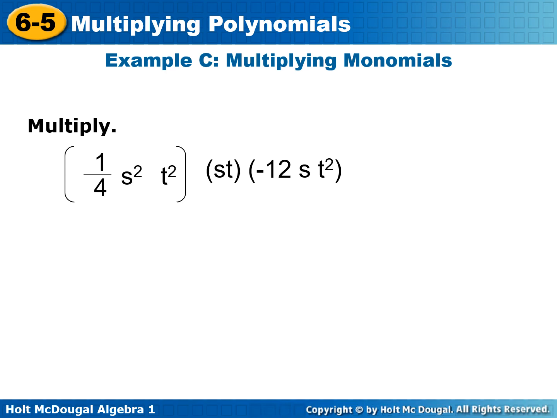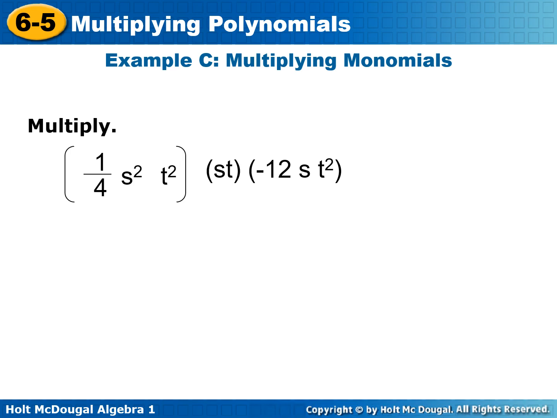Now let's proceed with our third example. We have here the quantity of 1/4 s squared t squared times the quantity of s t times the quantity of negative 12 s t squared. Now, in this example, it might look intimidating because of the fraction. I know what you're thinking, but I tell you,